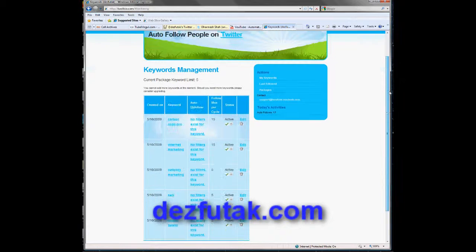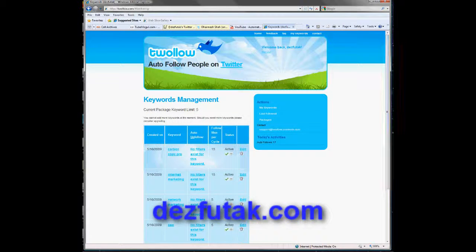I did mention briefly automated feeds and that kind of thing. I've actually got some more information in another YouTube video, so if you view this on YouTube, go to youtube.com/DesFutak. You can see one or two other videos where I go into more depth about using RSS feeds, Google Alerts, Bitly and so on. I'm going to produce a video, perhaps not on YouTube because it will probably be too long, but I'll do a tutorial session on that of about 20 minutes or so another time. And if you go onto my other YouTube video, which is appearing as a link here on YouTube, you can see that